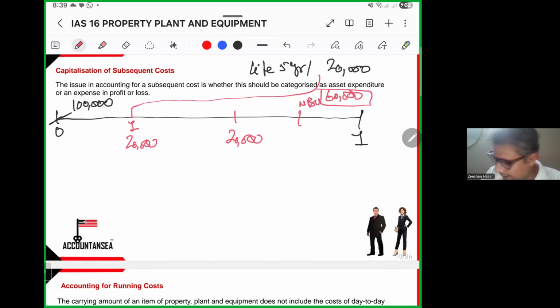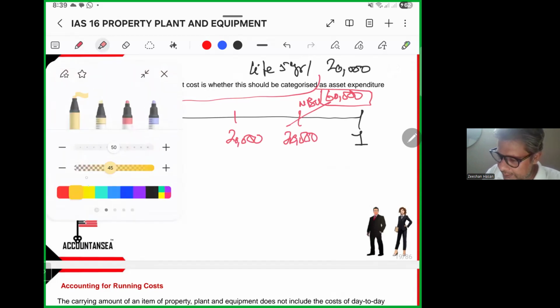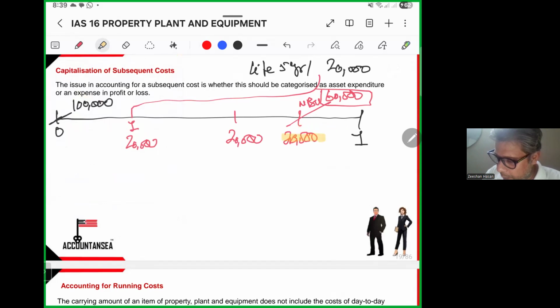Now suppose here they incurred an expense on it of $20,000. And because of this expense,